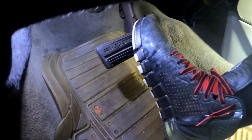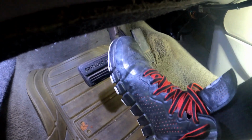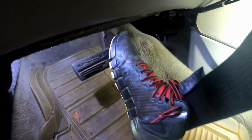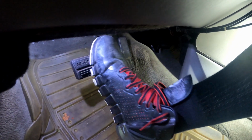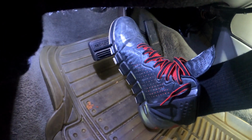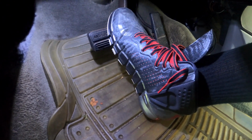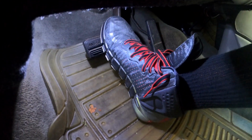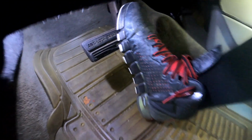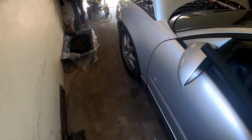If you put your foot on the brake pedal, usually when you press the brake pedal, it should get hard, okay, and it should stay hard. But in my case, I put my foot on the pedal and I go down, and as you can see, it keeps drifting down. It'll just keep going all the way to the floor. All right, so that's just one way you know that your master cylinder is going bad on you. Another way is